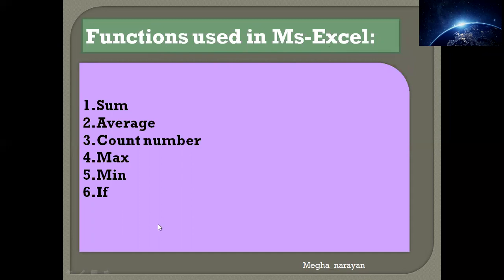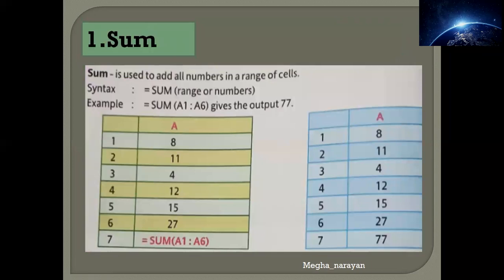These are various functions that are already provided in your book also. You can just have a look. There are totally 6. We will move one by one to each of them and try to understand it. Okay, so moving here, as you can see, the very first function is named sum. Sum is used simply to add together.